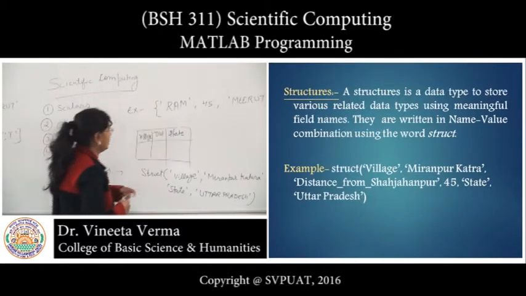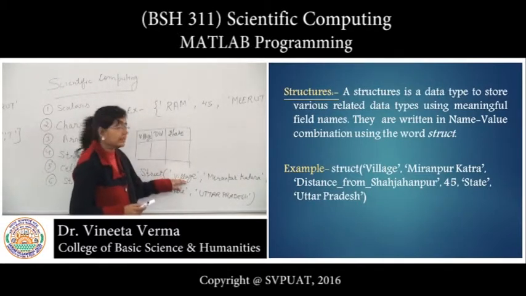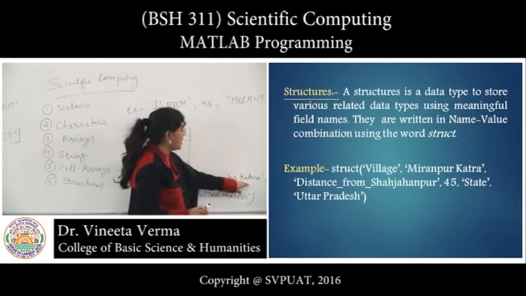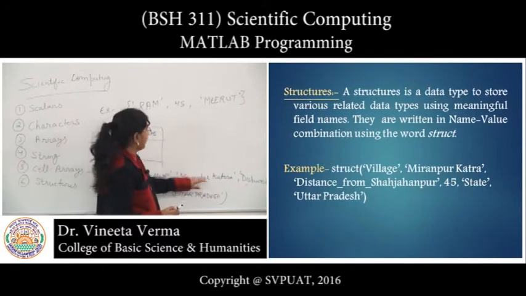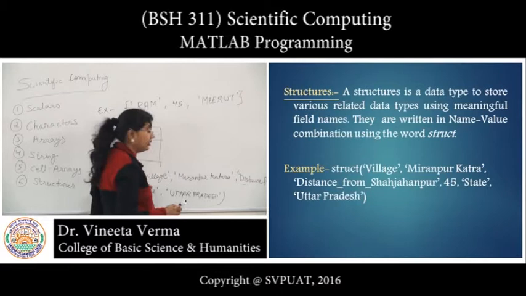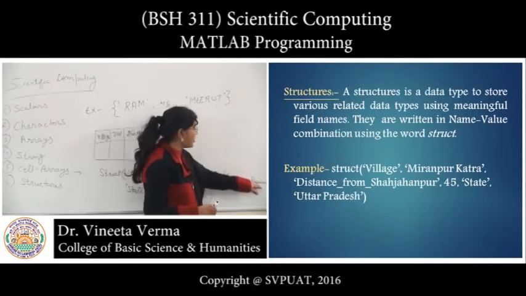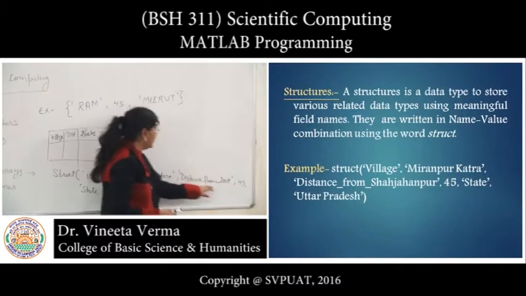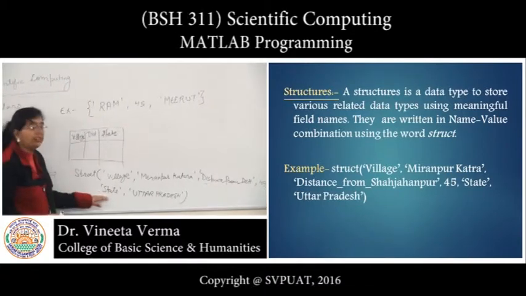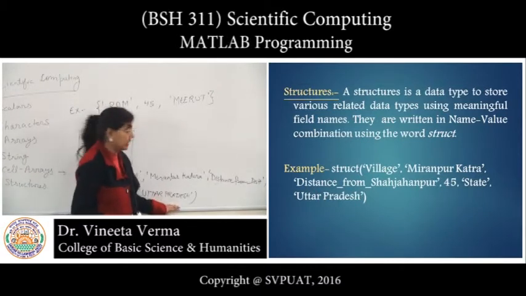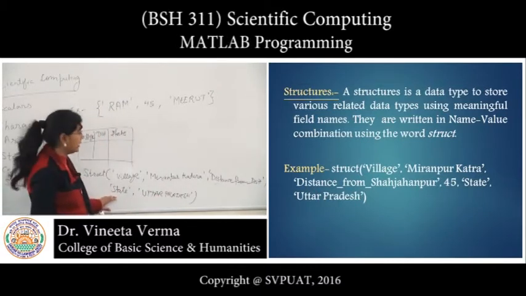So village is a field name which is defined in single quotes. Then Miranpur Katra is the data which is entered in the field village, and distance from district, that is 45, is numeric data, and state, in which state it exists, that is Uttar Pradesh, and state is also a field name.